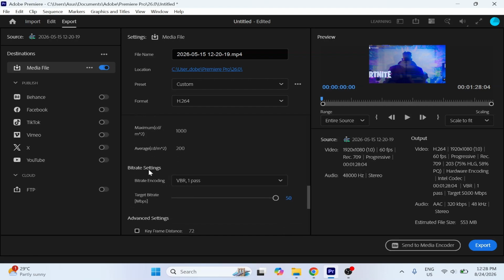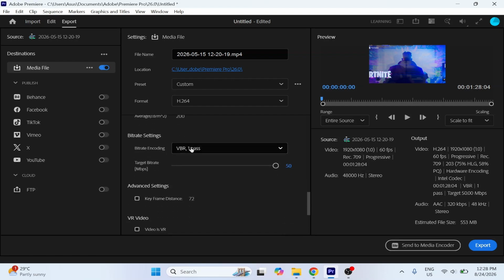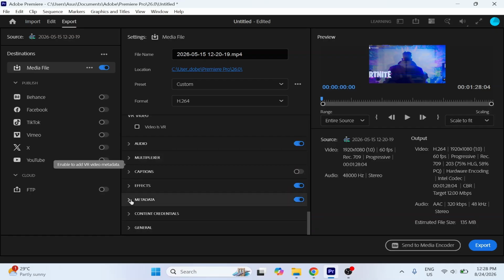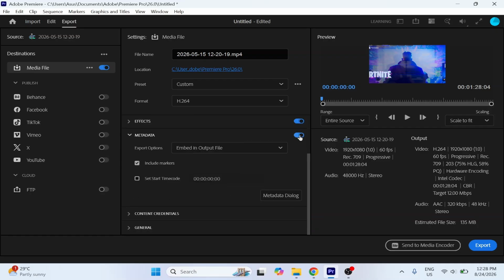Now scroll down until you see the bitrate settings. Click on the drop down arrow and change this to CBR. Now for the target bitrate, set this to the number 12. You could then scroll down to metadata, click on the drop down arrow, and just go and toggle this button